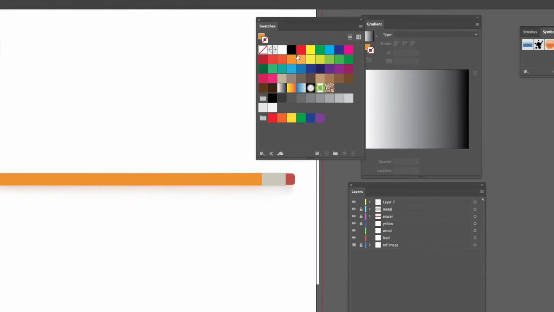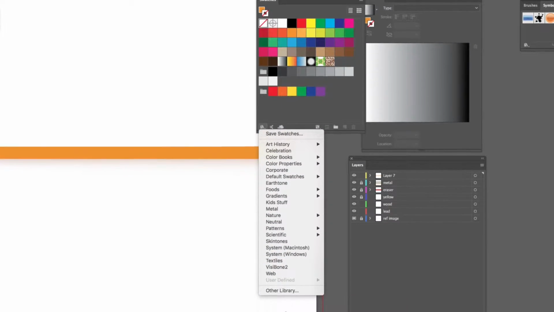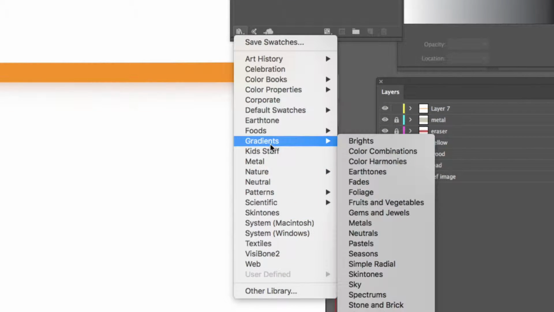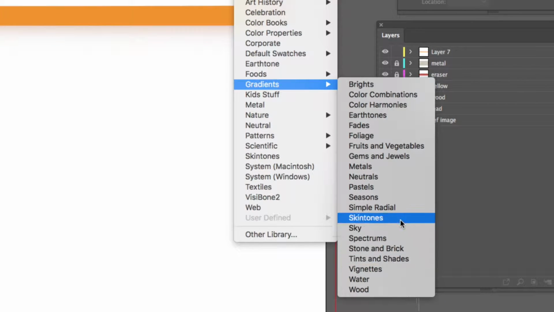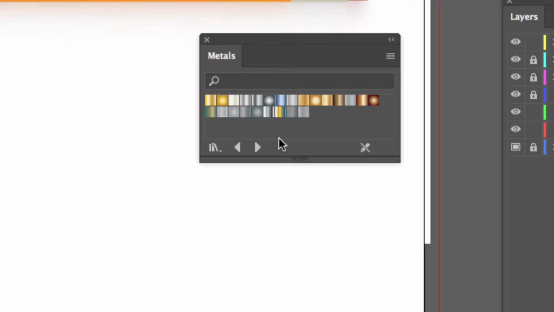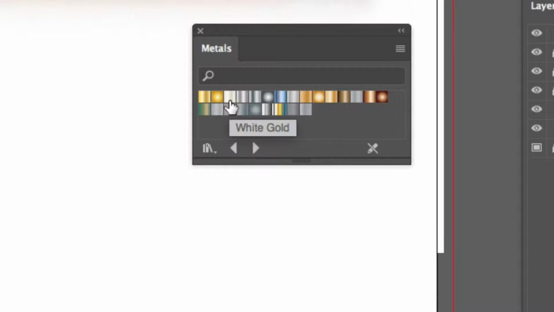Okay, now I want to show you one other thing. If I go to my swatch panel and I go to this little library icon, see this little library icon, and I click on that, open that up, you'll notice that there's a gradient submenu. You see the gradient submenu? So when I go over here, you're going to see that there are gradients for metals. All right, so I'm going to go there where it says metals. If I hover over these, it tells me what they're called. Silver, steel, steel radial, pewter,